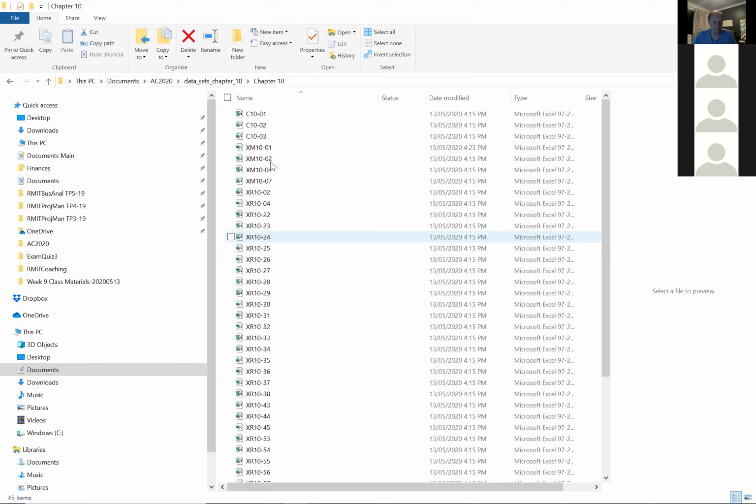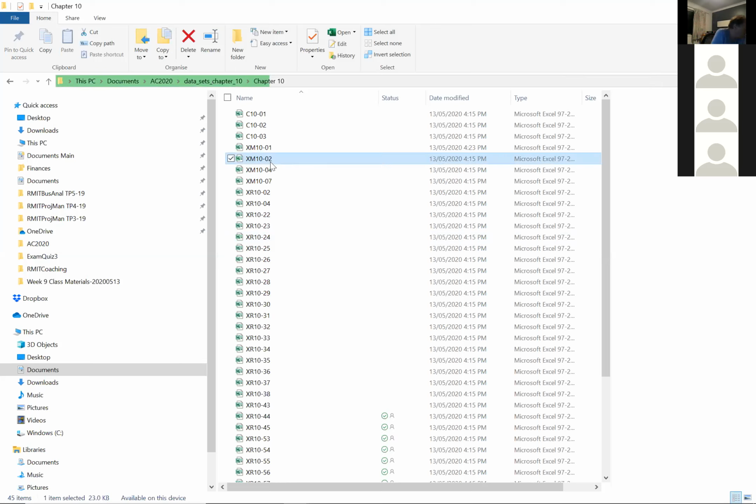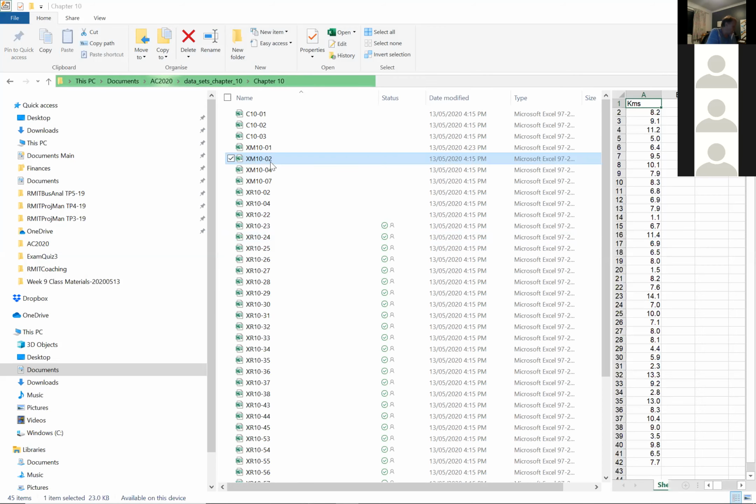Example 10.2. In the book, you'll see that they're talking of a Z estimate mean that you can do in Excel. I don't think that option is there anymore, so we'll have to use a slightly different version of it.